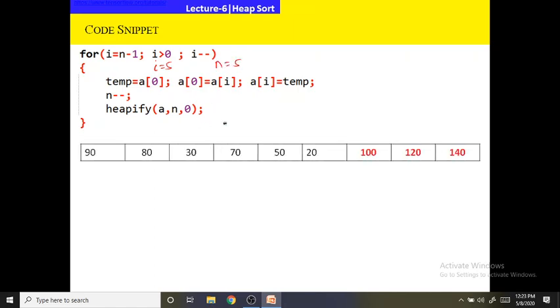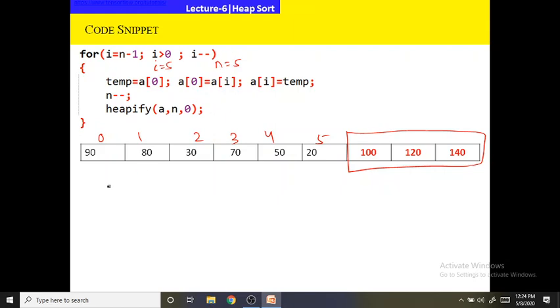Now let me redraw this tree. You see that these three elements are already sorted. Now I will operate on this array, 0, 1, 2, 3, 4, 5. Every step I am decrementing the size of the array, that is, I am decrementing n.